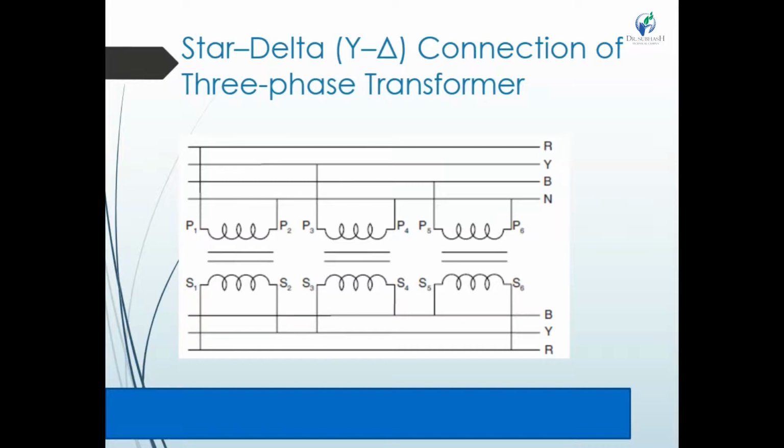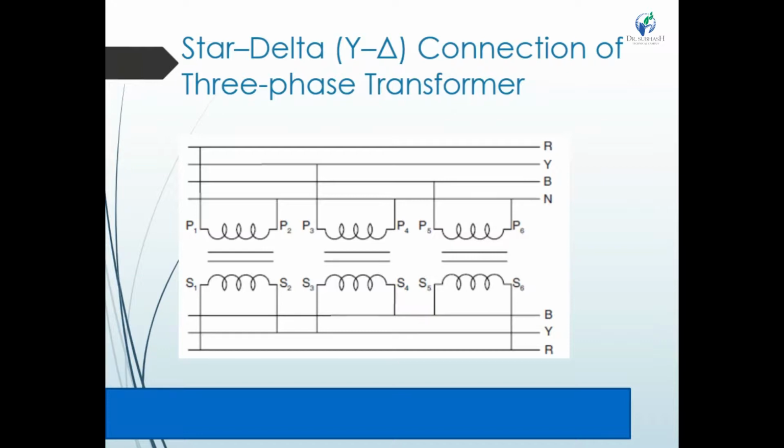Here also are some advantages. Due to the delta type secondary, a large unbalanced load can be properly handled. Due to the star type primary, fewer turns are required to be wound. This reduces the cost and size also. The third point is that it is possible to reduce the distortion by connecting the primary neutral point to ground.